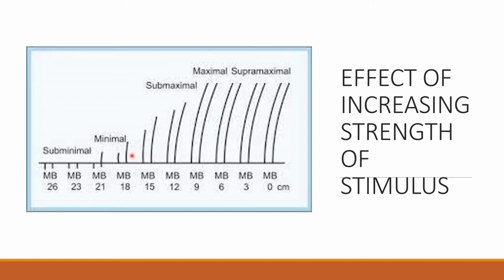And just threshold, that is just sufficient to evoke a response. Okay, and the submaximal is lesser than the maximal. So maximal stimulus produces the maximum response, and supramaximal is stronger than maximal but does not change the magnitude of contraction after reaching this peak level. So here only full response is seen, and if you increase further also, there will be no change in height of the curve.